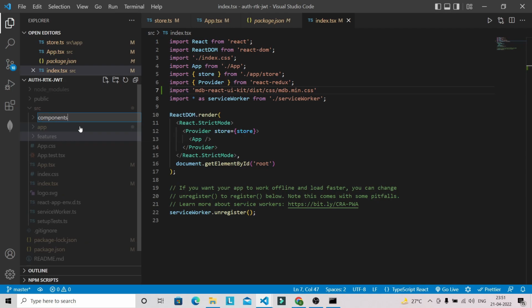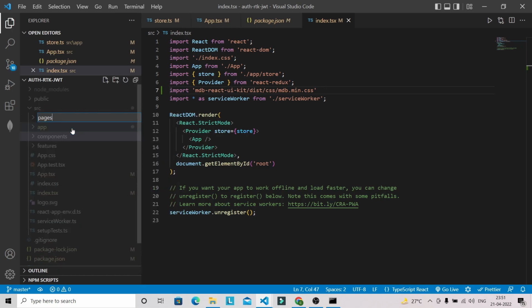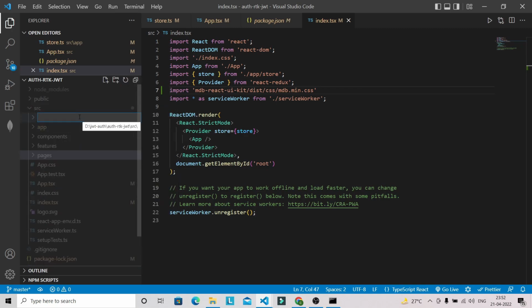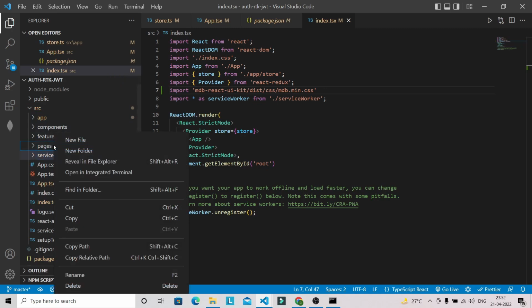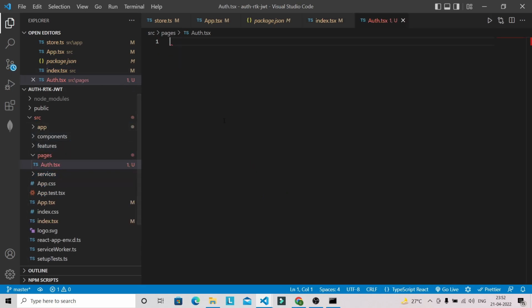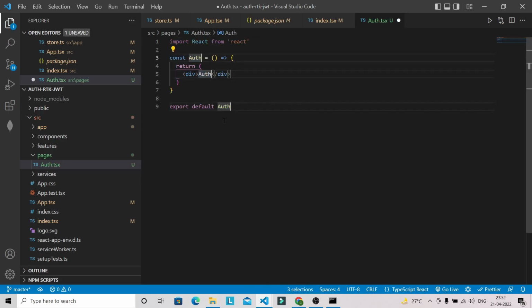So we are going to have some component, and then we are going to have a folder for pages. Then we are going to have one folder for service. Okay, I think that's it. Now we are going to have two files inside these pages. So we are going to have one file for auth, so auth.tsx, and in this file we are going to have both login and register form. So for now I'm just going to generate a snippet over here. Okay,